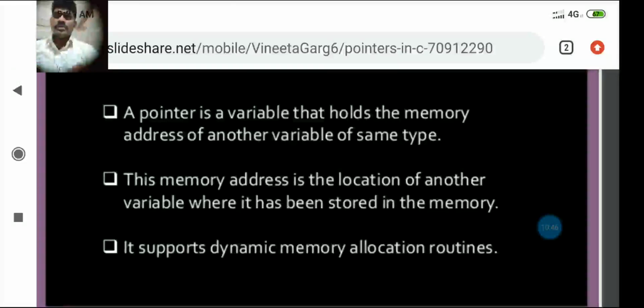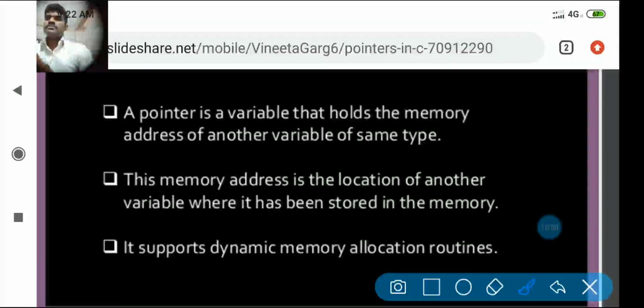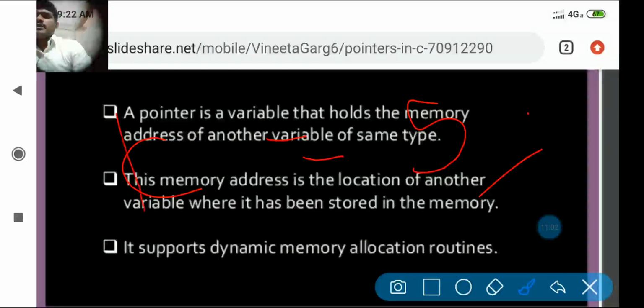Take another example. C equal to 5. What is C here? C is a variable.